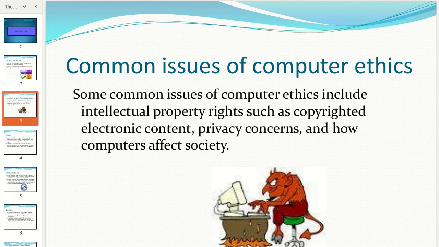As most of you are aware, some of the common issues include intellectual property rights, which are also known as IP rights. That is, if I develop a certain piece of software or a certain piece of digital content, then do I own that property? Okay, that knowledge. Am I the owner of that knowledge, or is somebody else the owner of that particular intellectual property? What happens in university environments is, and as you go along with your thesis selection and thesis writing and research writing, if you will,